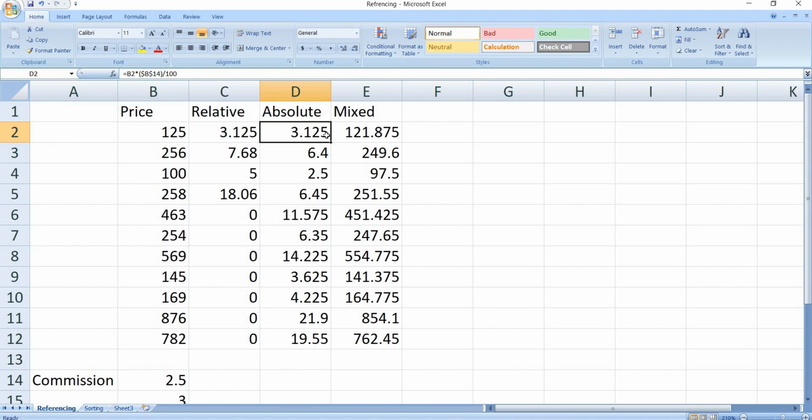Now again we want to calculate 2.5% of this, 2.5% of this, 2.5% of this. So here the absolute value is taken, means in the B14 cell there is the value 2.5, and you have used it here in the cell B2 using the dollar symbol before the column name and row number.